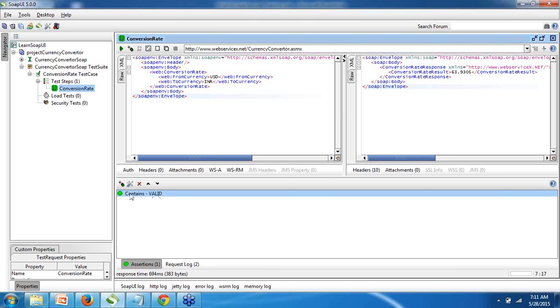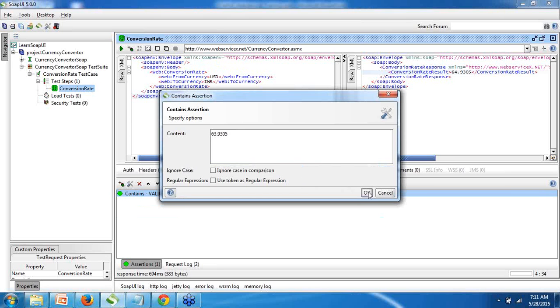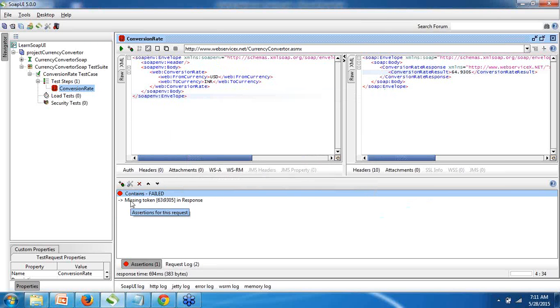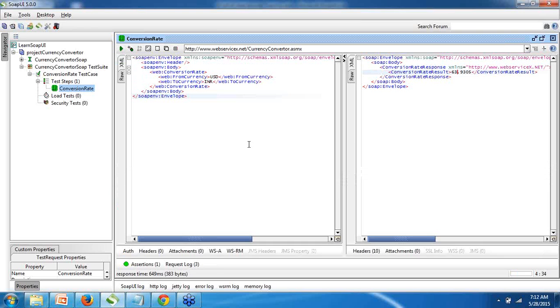All right, and the color will be red. So just change manually this value here. Okay, and just see, it is showing failed because the expected value was something like 63, and we changed it manually here to 64. So see, it is saying contains failed. All right, so execute one more time and see,